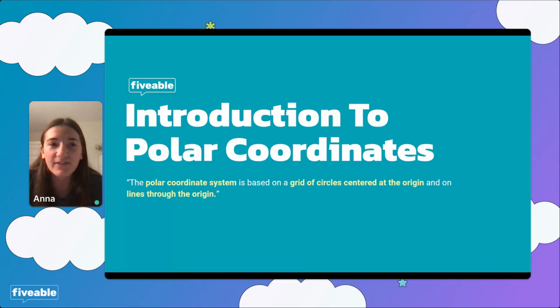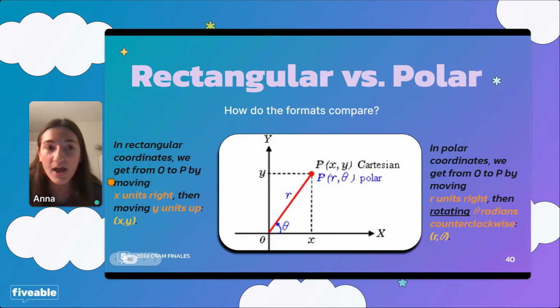So it's kind of like a dartboard, and you can describe position on a grid of circles based on the distance and the angle. The distance from the center to the point is the radius, and then the angle it makes with the reference line, which is usually the positive x-axis, is that angle theta that we'll learn how to solve. So let's then look at comparing to rectangular coordinates.